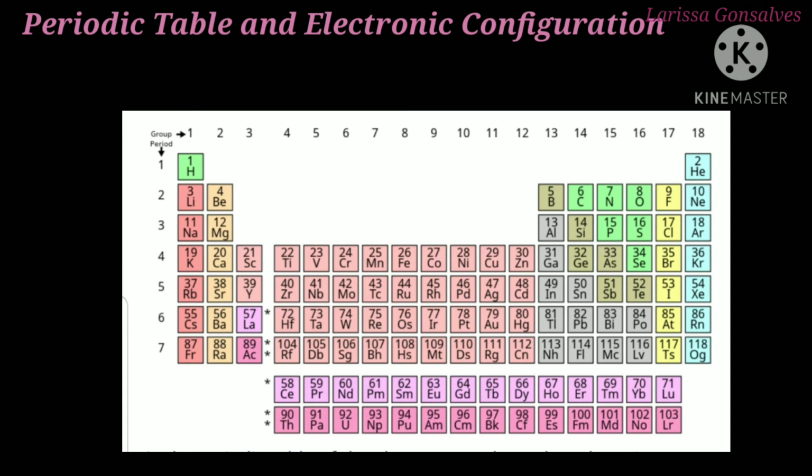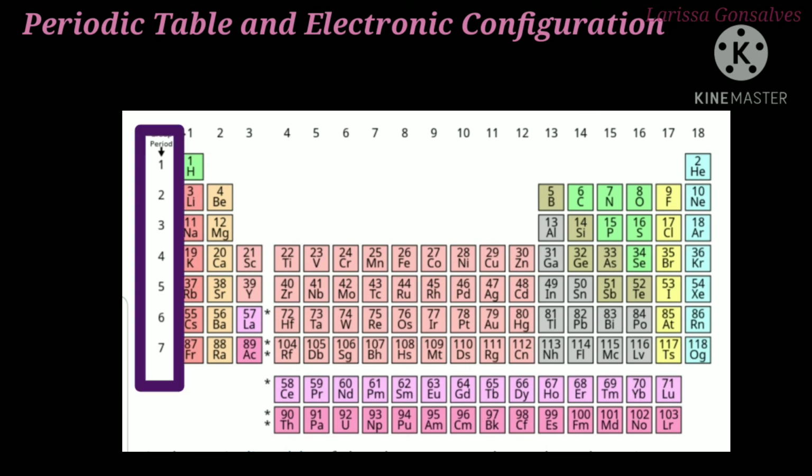Periodicity means the trends which are shown by the elements and the repetition of elements with similar properties after certain regular intervals. The location, that is where the element is placed in the modern periodic table, is correlated to the quantum numbers of the last filled orbitals. We already have information regarding the quantum numbers. So now let us study the electronic configuration of the elements and the structure of the modern periodic table.